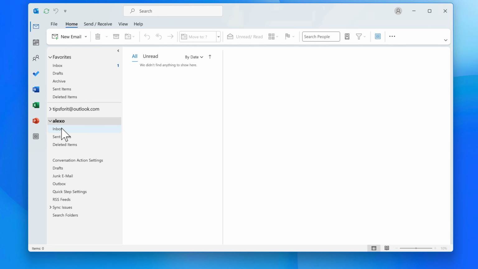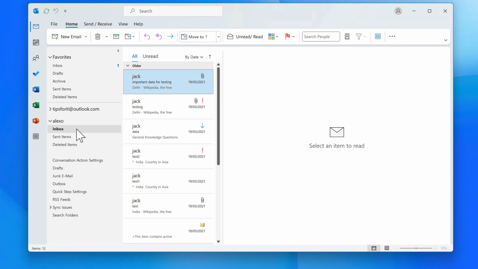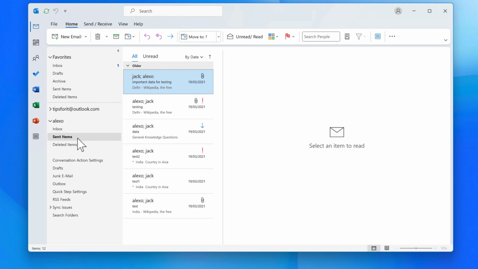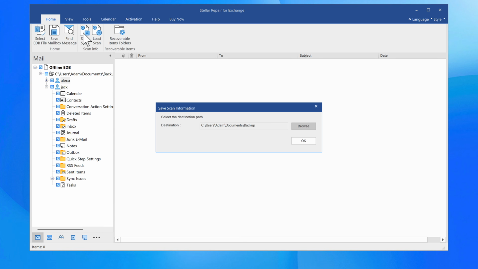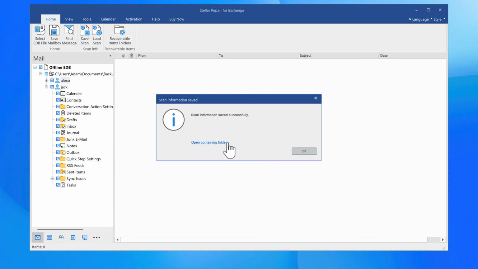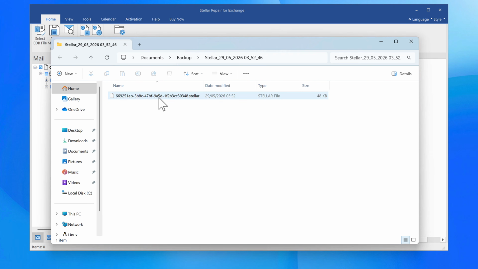All of the user's emails will be available once again. You can check them to make sure everything is working properly. Another very important feature for those with large databases is the Save and Resume Scan option. If you click Save Scan, Stellar Repair will save the scan status to a file, so you can resume it later. For Exchange administrators dealing with database corruption, dirty shutdown errors, or mailbox restoration from backup EDB files, this is